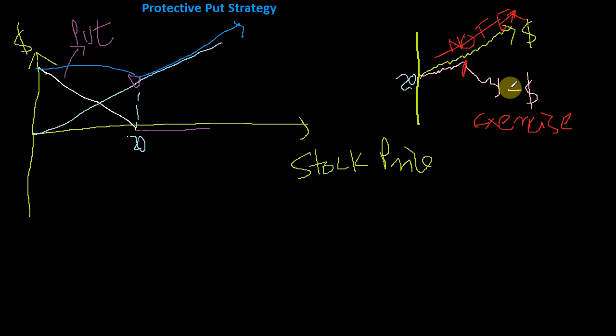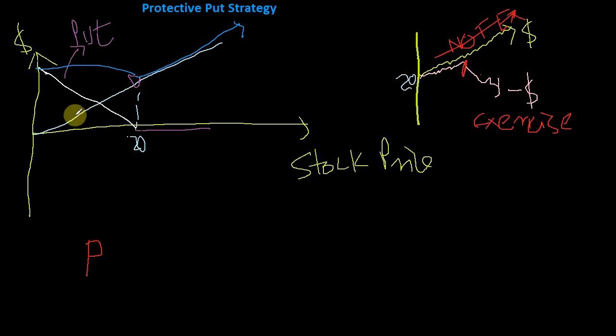So protective put strategy, in a nutshell, protects you from making any losses if your stock price drops from your current position. So finally, remember, when we talk about the put call parity, we were talking about European options. So in this case, the protective put strategy relates to a European option. So you could use this formula,